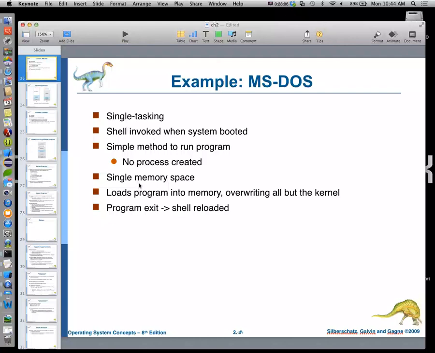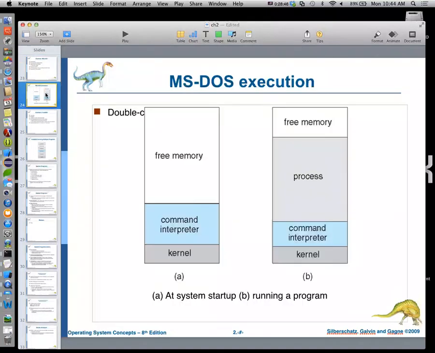Now, having said that, keep in mind that the software for managing the memory is part of the operating system. So the operating system should know how large it is as it's booting, and it's going to say, okay, I'm going to treat this first however many bytes of memory, big enough to hold all the stuff that I'm providing as the operating system, and allocate that, leaving myself this for everything else. But it would happen as the operating system is actually launching and bringing all of its systems up. So single memory space, loads programs into memory, overwriting everything but the kernel. All right, so that's MS-DOS, the most simple example of this.